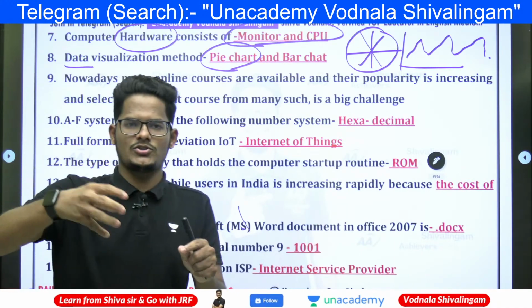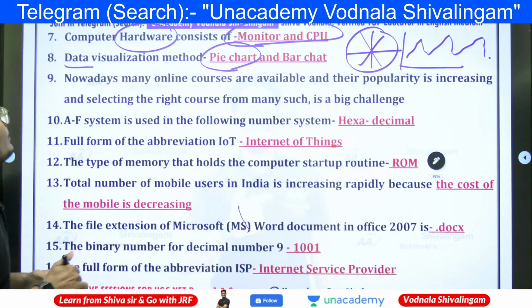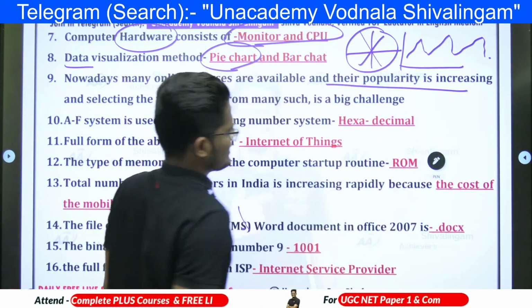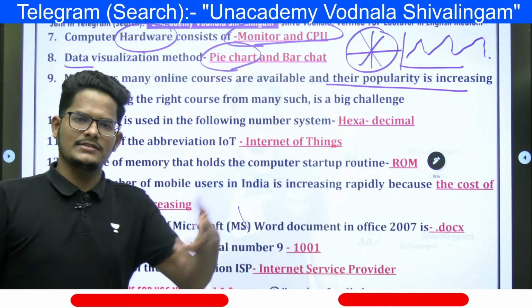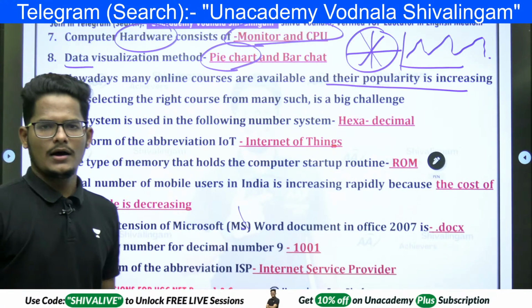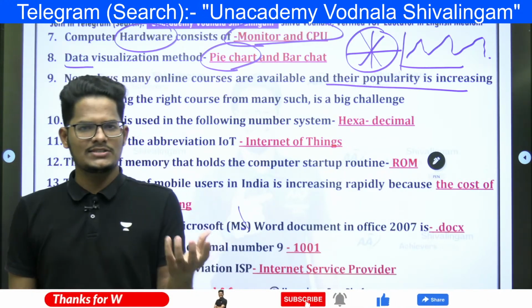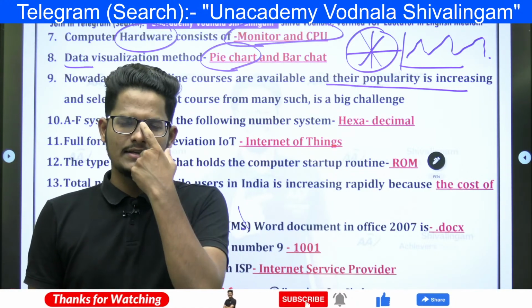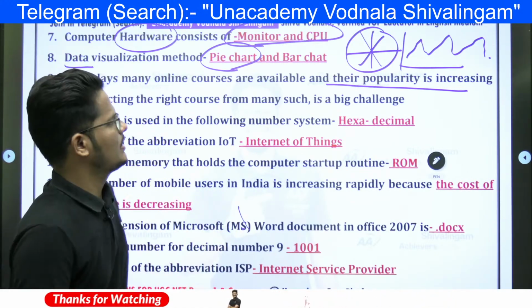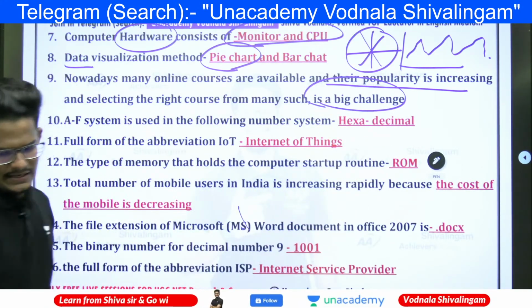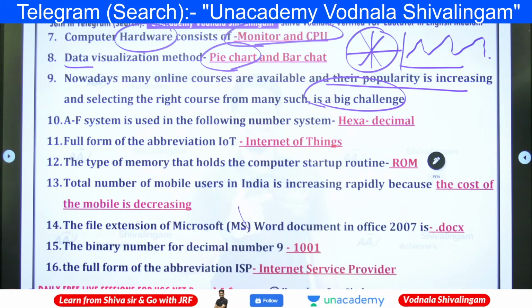How the data can be shown while interpreting, that comes under here. And nowadays many online courses are available and their popularity is increasing. Obviously, due to COVID, it is more and more now. Selecting a right course from such an ocean of courses is a big challenge for students also, because many are teaching the same subject, same concepts and everything. But who is teaching better? We are not in a position to select one. That is a big challenge from the students' point of view. Right? Next,